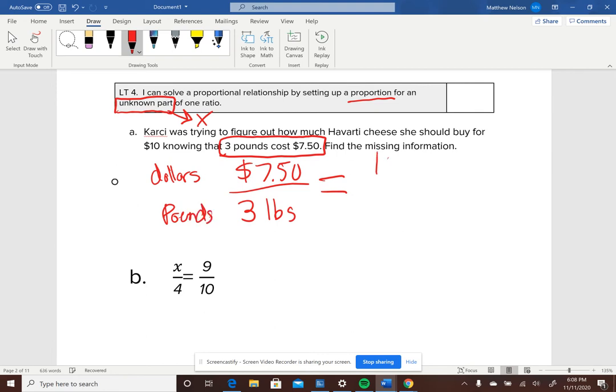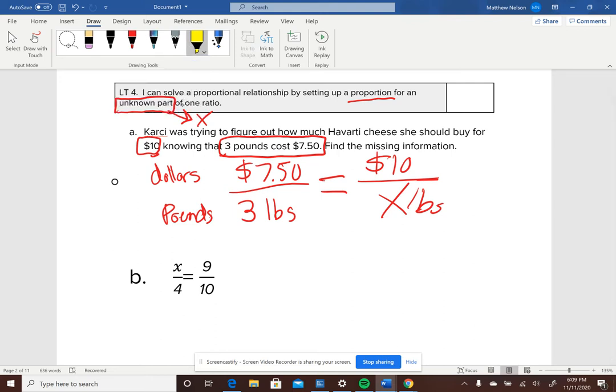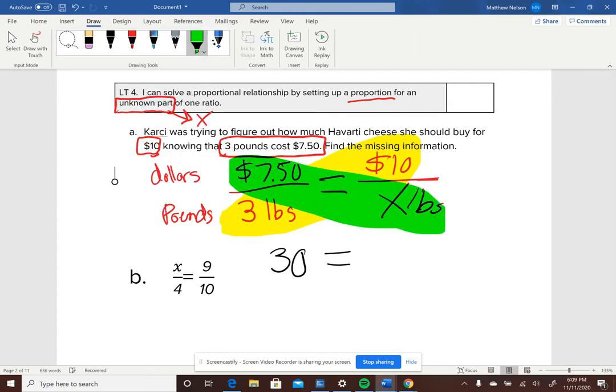So here on top, I have $10, right? We know that from the other part of our problem. And then we're trying to find how many pounds that would be. So I could say x number of pounds. So what I can do here to solve for x is simply cross multiply. All right, so let's go ahead and do that. I'm going to do 3 multiplied by 10. It's my first part. And that's going to give me 30. And then I'm going to multiply 750 by x. Now, if we do 750 times x, that's going to give us